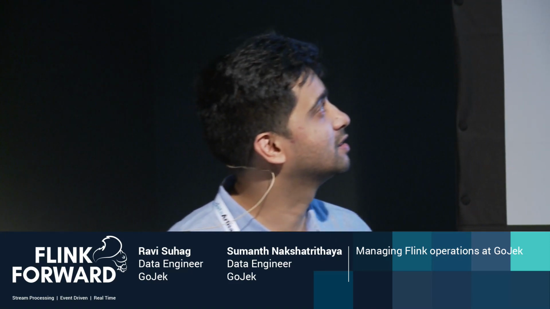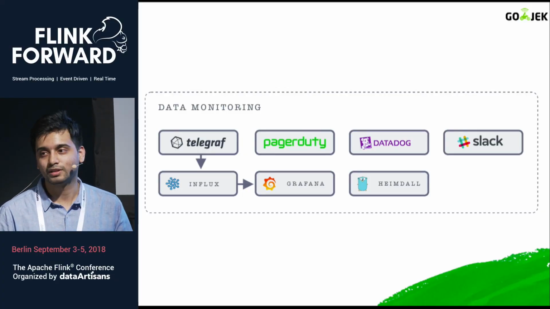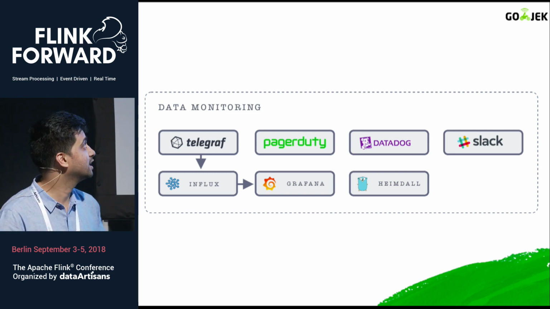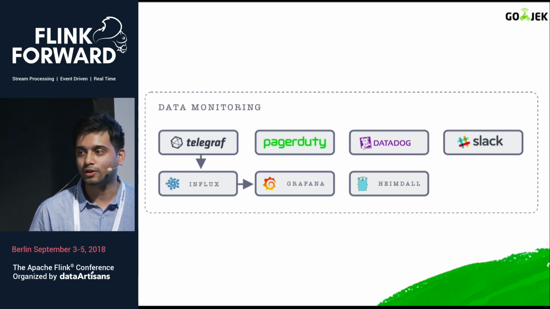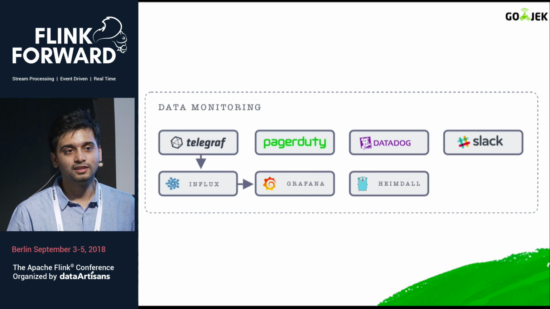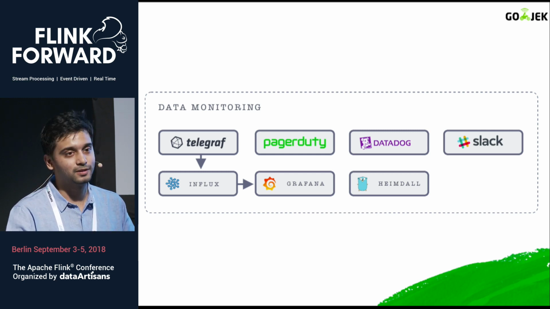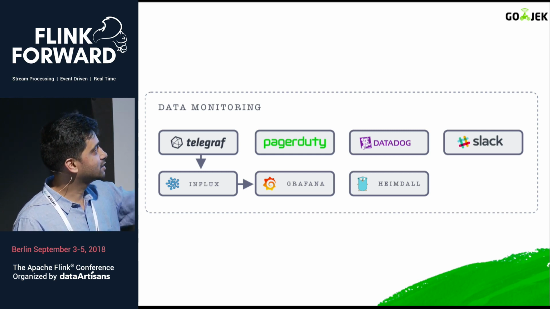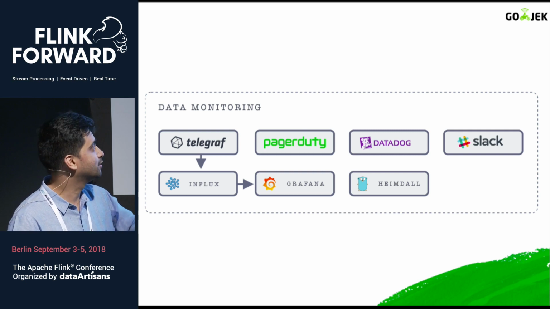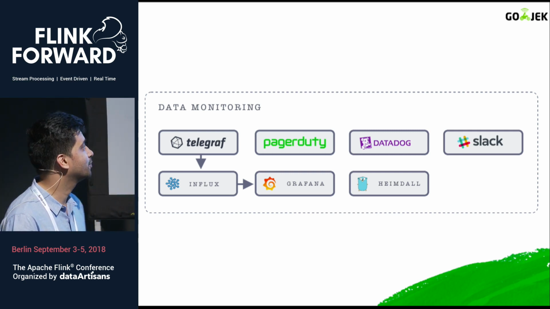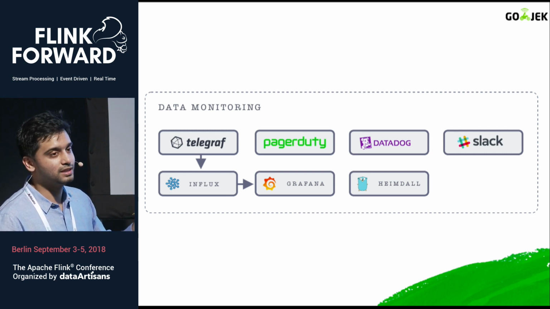This is our typical stack. So we have Telegraf agents on all boxes, and StatsD is what we use organization-wide. And the data goes into Influx. From there, it's either picked up by a Grafana dashboard, or we also have Kapacitor scripts, a Kapacitor server and TICK scripts, which will trigger through a Git project. Grafana is something where we can visually see where the metrics are, and you can see the threshold, and it's very easy to manipulate. So Grafana is the popular one. And from there, we have PagerDuty, Slack, Datadog.